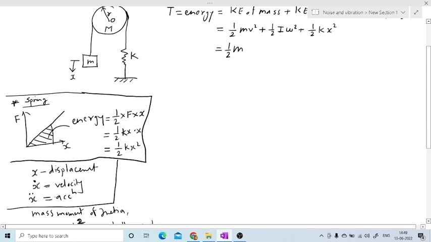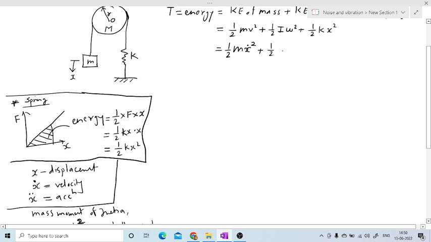So I write this equation in the form of x. So 1/2 m v square becomes 1/2 m times x dot square, plus